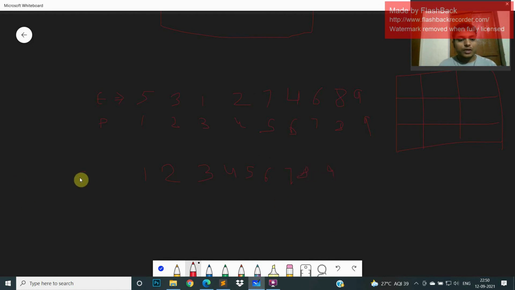I will sort according to the eyesight, and the people will be: one will be the third person, second will be the fourth person, third will be the second person, four will be the sixth person, fifth will be the first person, sixth will be the seventh person, and seven will be the fifth person.